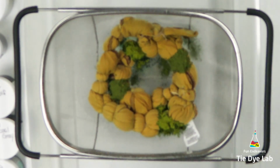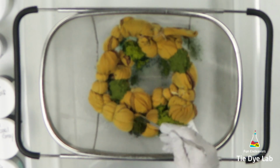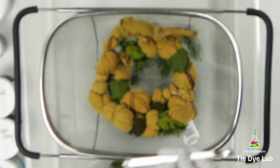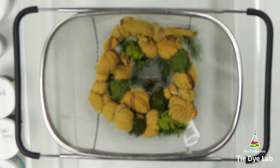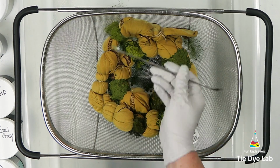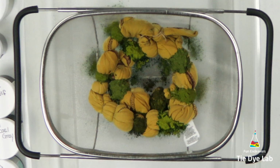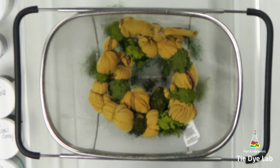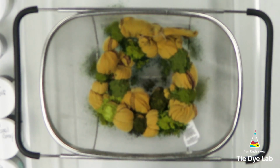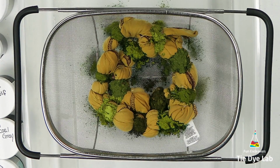So let me give you the colors that I'm using on this shirt. I'm using New Emerald Green, Better Blue Green, and Hunter Green from Dharma Trading Company, Woodland from Dye Spin, Leaf Green from Pro Chemical and Dye, Dark Green from Dharma, Forest Green from Custom Colors, and Forest Green from Dharma. I'm also using Crappy Scrappy from Grateful Dyes, Cotton Black from Pro Chemical and Dye, Timber Wolf, Gunmetal Gray, and